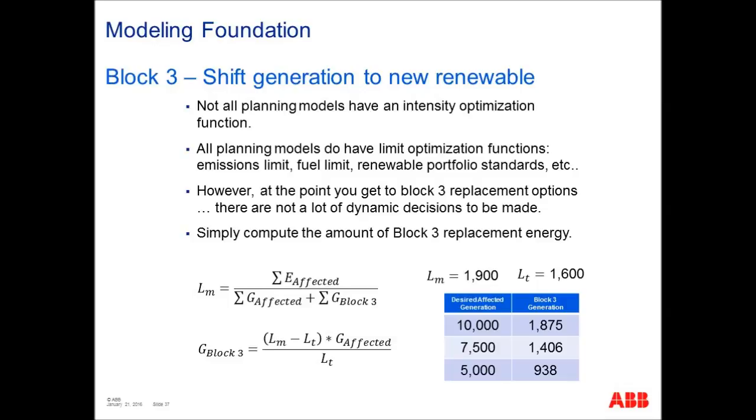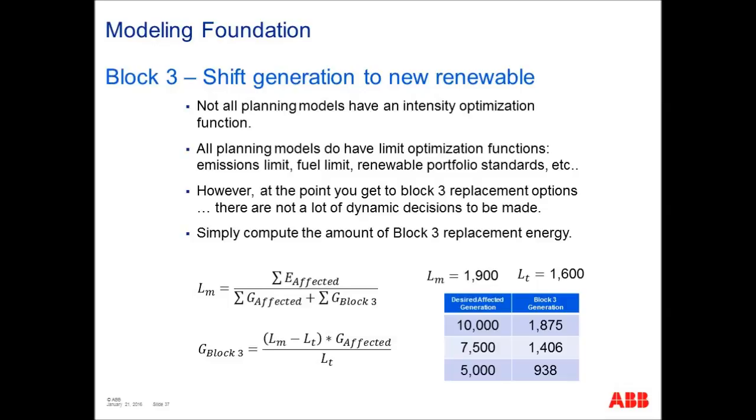Here we have the intensity equation, which is the sum of effluent emissions from affected units divided by the generation from affected units plus the generation from Block 3. For simplicity, I've not included ERCs in here. But by simply reformatting that equation and solving for the change in limits from your measured intensity to your target intensity,